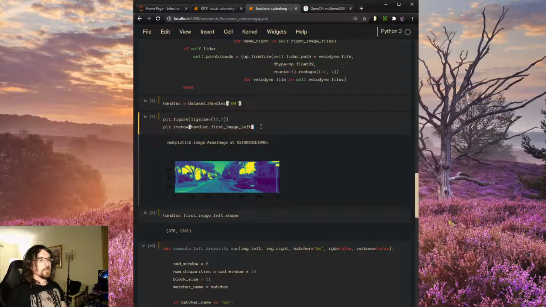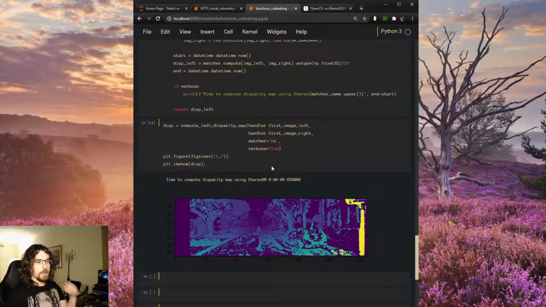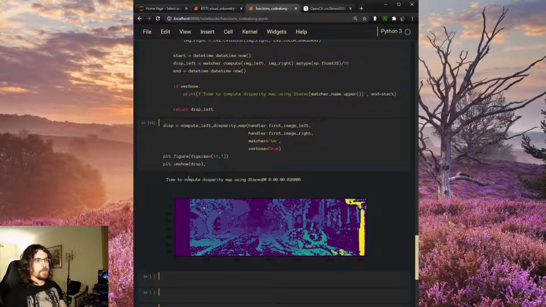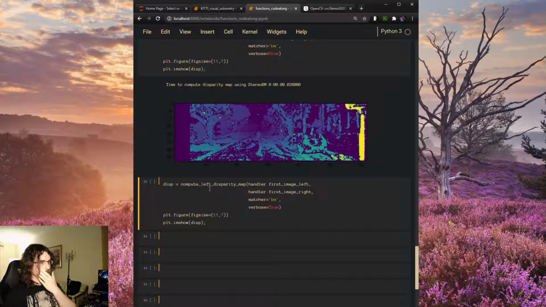So we can see what we're looking at a little more clearly. Okay, so here's our little mopedist, motorcyclist guy, car, trees, apartments, and here's the disparity map that we got from our stereo BM disparity function from OpenCV. So that's very handy. This is what's great about OpenCV,